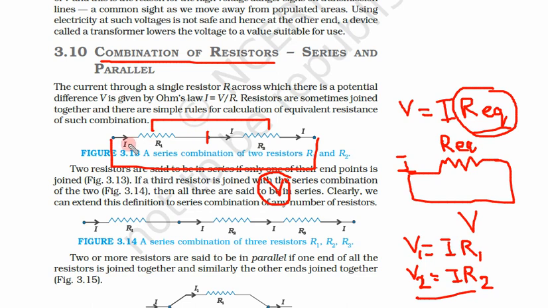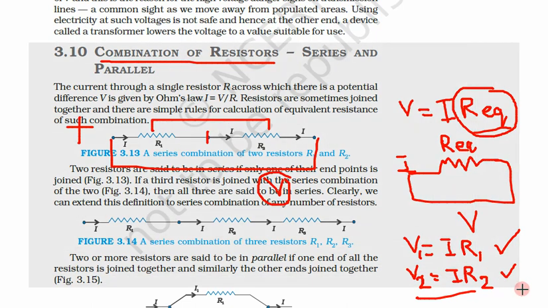We always say that there is a potential drop across the resistor, because this end is higher, this must be lower, and this further lower, and the total potential is dropping. So the potential drop across the first resistor is V1 is equal to IR1, the second is IR2, from Ohm's law, and the total drop is V is equal to I R equivalent. If we replace these two resistances with this equivalent resistance, the current will again be I. So these are a few things that we have to note.